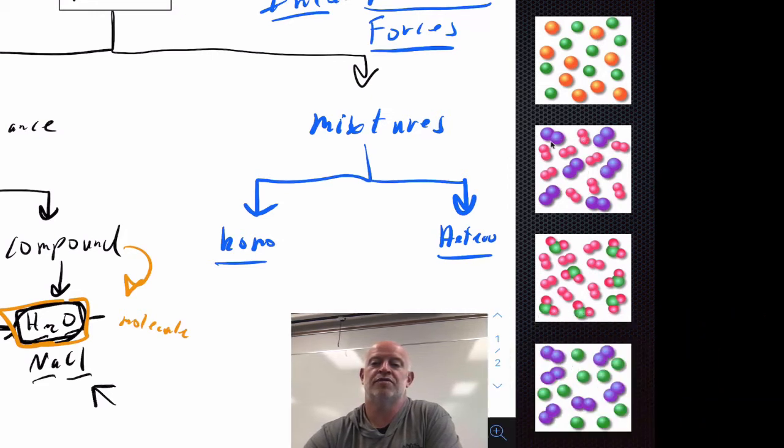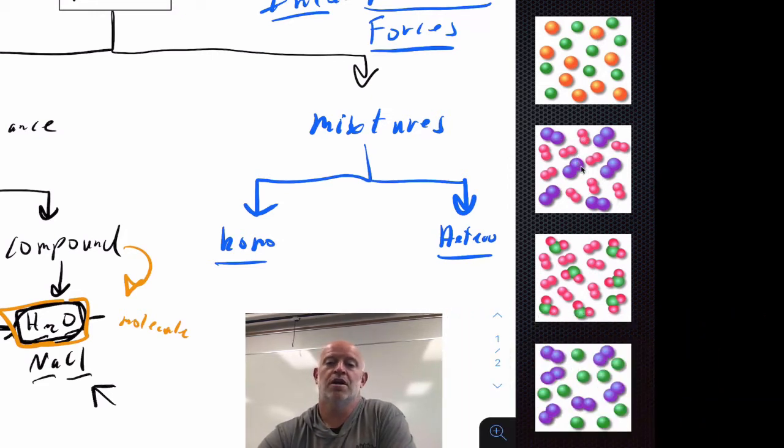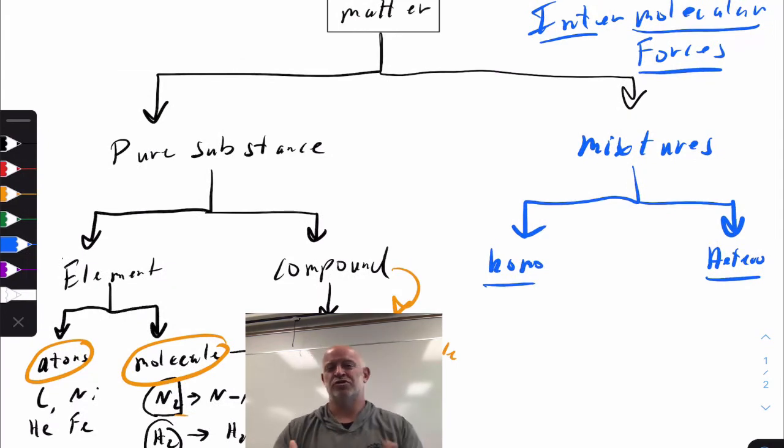Here we have a mixture of two different molecules. Okay, they're still elements. We still have a mixture of elements, but in this case, it's elements in their molecule form. Here we have a mixture of the compound water and a molecule of some other sort. Okay, so here we have a mixture of compounds and molecules together. Here we have a mixture of atoms and molecules. Okay, so lots of different types of mixtures here. At this view level, it's really hard to tell because none of these pictures really show enough to let us know, is this heterogeneous, is it homogeneous or not.